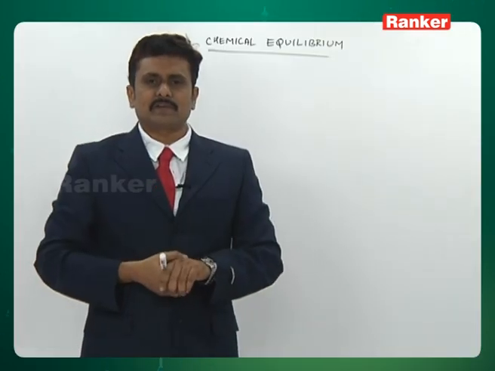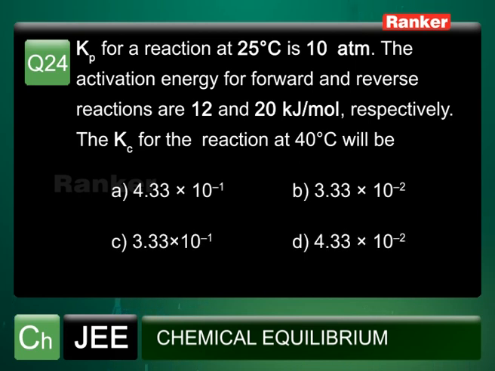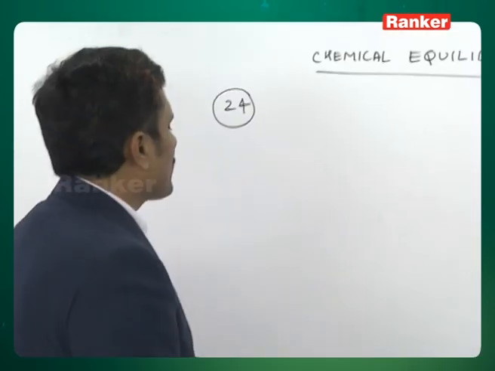We have Kp for a reaction at 25 degrees Celsius as 10 atmosphere. The activation energy for the forward and backward reactions are provided to us as 12 and 20 kilojoule respectively. Then the K value is asked at 40 degrees Celsius, but you notice here that the value asked is Kc but not Kp. So, therefore, here for a given